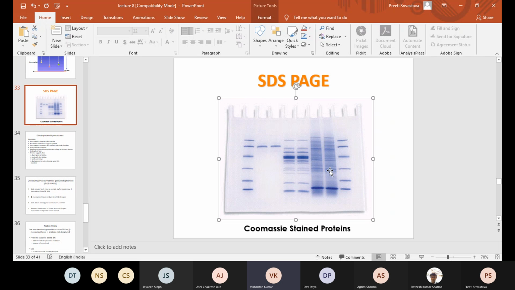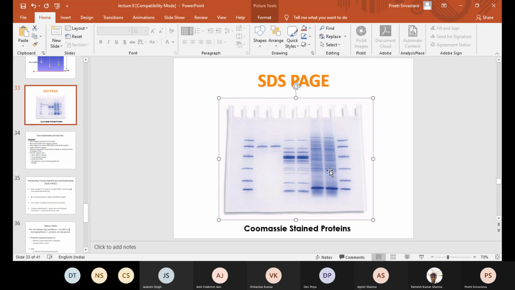So when you have 4,500 proteins, you cannot resolve them on an SDS-PAGE because there are too many bands. In this case, you will see a picture like this. What you are seeing in lanes 3 and 4 is a cellular extract. There are multiple bands which are giving you a smeared picture.